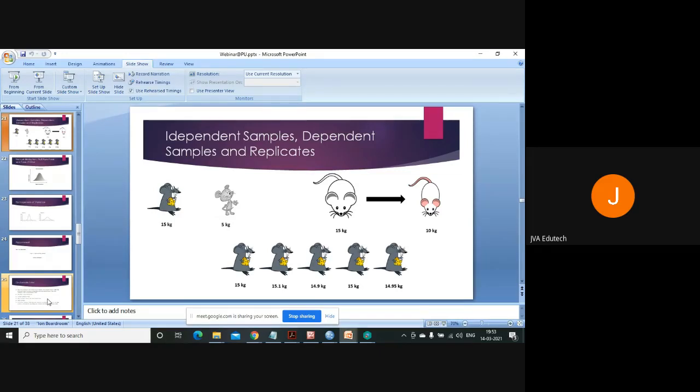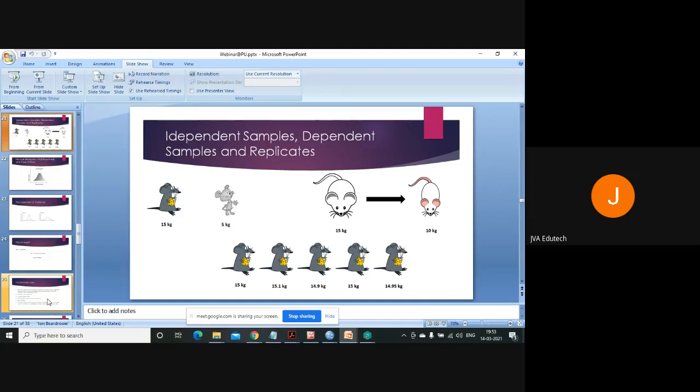Now third case is that we have taken one rat, and we have fed it the cheese, or the diet, whatever we have chosen for them, and in one single day we have taken its weight, let's say in our case, 5 times in a day. Now you will see that the weight will vary, but not so significantly. So again, this is a situation like pre and post, but it cannot be said that this is the case of dependent sample. These are the replicates.